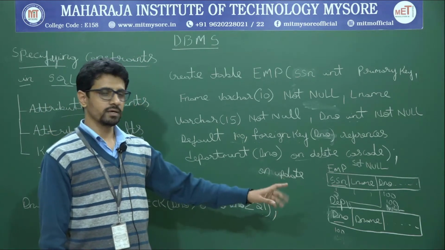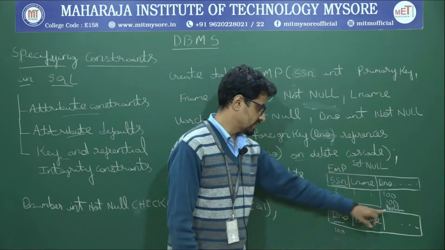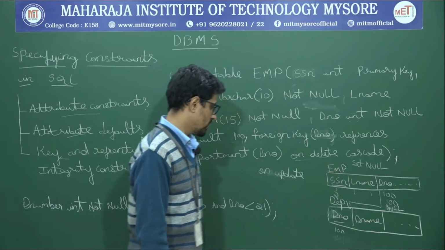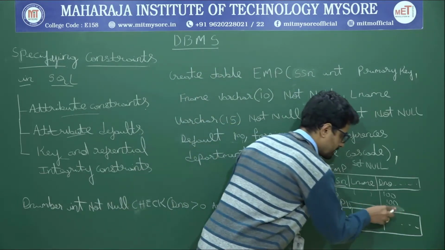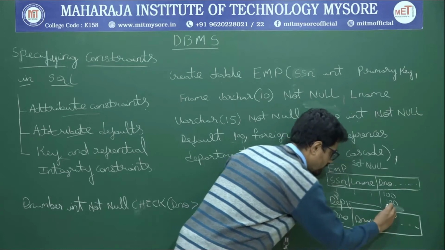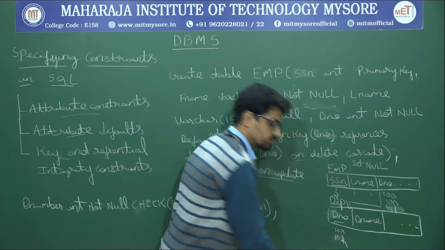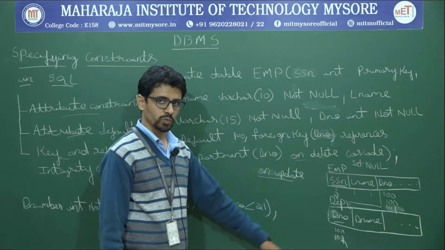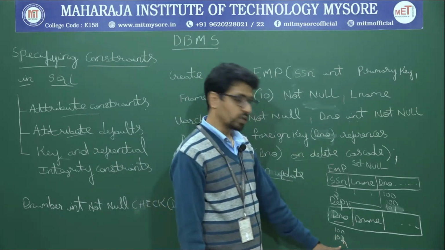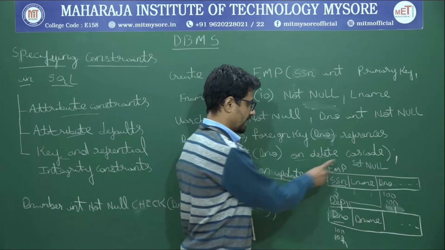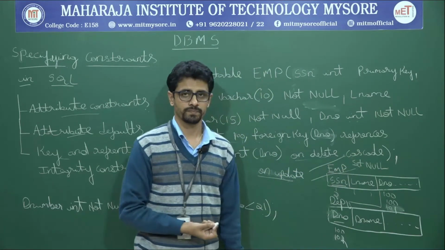So on delete cascade, on delete set null. You can set a null value if you have deleted the primary key value, or else if you have an update operation, say for example I had 101 here and I have 101 as a foreign key here, and I have updated this to 102, the same value that was in row number 2 of the primary key table. If I update 101 to 102, so on update I can do cascade, or I can do set null, both are possible.